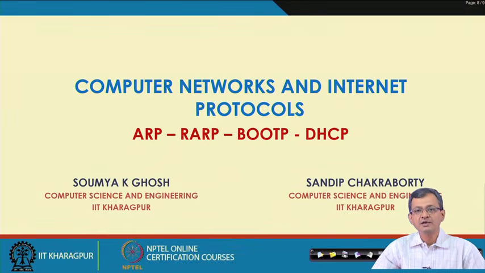Hello. So, we will be continuing our discussion on computer networks and internet protocol. We were discussing layer 2 or data link layer phenomena. We have seen aspects of flow control and error control at layer 2, the data link layer, which is one of the major aspects. Apart from that, the packets need to be switched, or what we say frames need to be forwarded at the